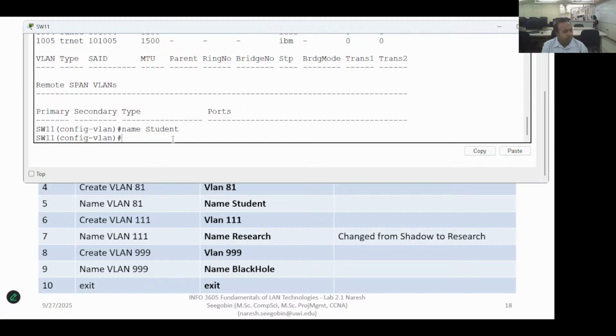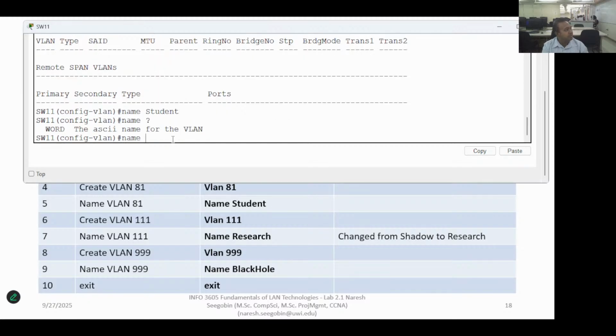Right, so this is where we name the VLAN. I could just do name question mark and it'll actually be an ASCII word for the VLAN. There's a limited amount of characters for the name, maybe about 20-something, so try not to do too much. Eventually, because there's a limited number of characters for this name, you'll have to end up going cryptic. More information, right? If I do a show again,